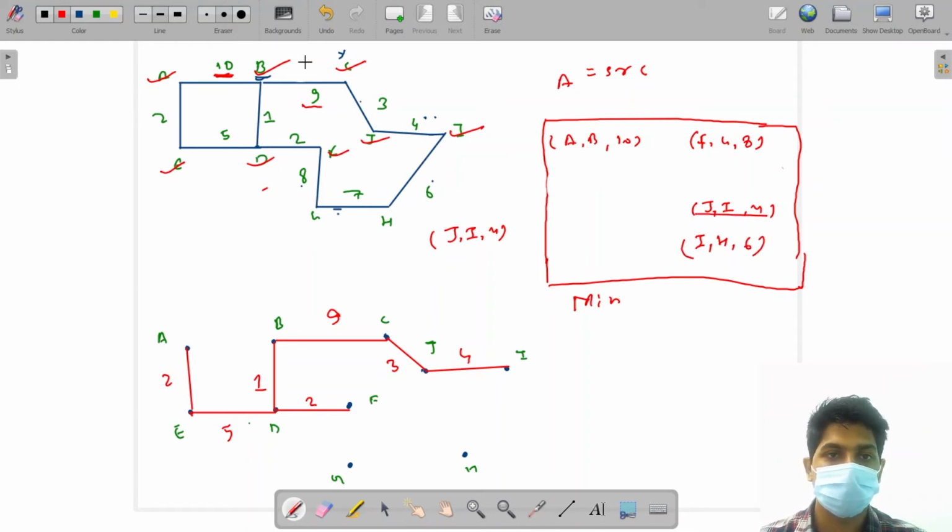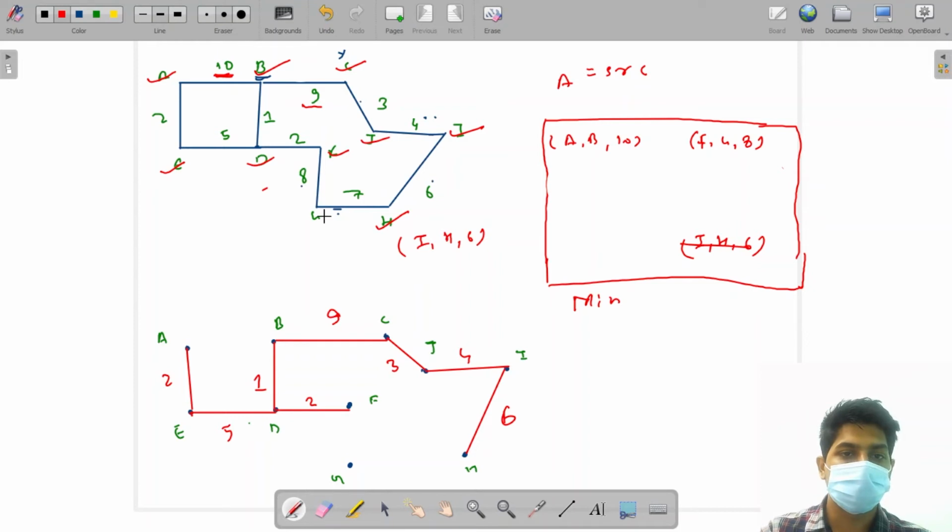Okay, now let's remove this and pop the next minimum element. Now the next minimum element is of weight 6. So let's remove I to H with a cost of 6. It is saying to add an edge of weight 6 between I and H. So let's add that, I and H with a cost of 6. Okay, now mark H as visited and add all the edges of H.